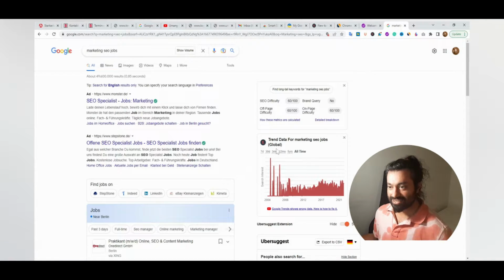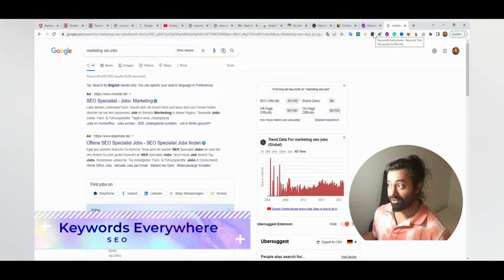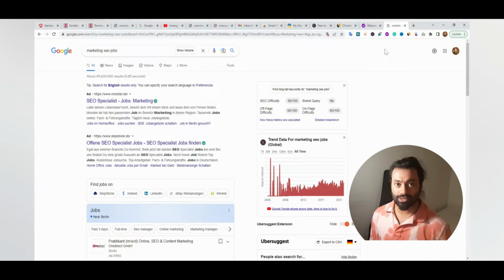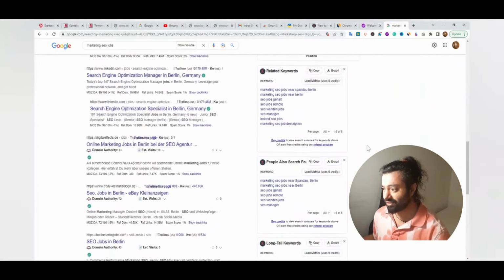So the next extension is called Keywords Everywhere. Now what Keywords Everywhere does is very similar to Ubersuggest. On my Google, it creates this extra column, extra space, where it shows trends of the keywords and tail keywords and many other things, such as